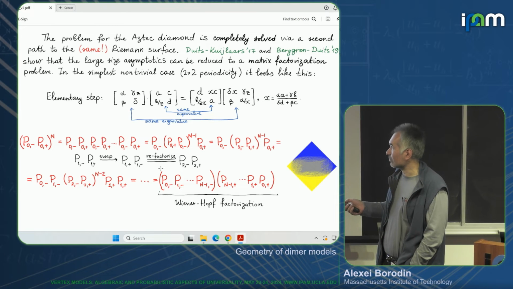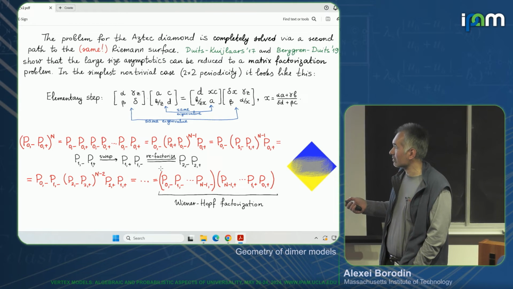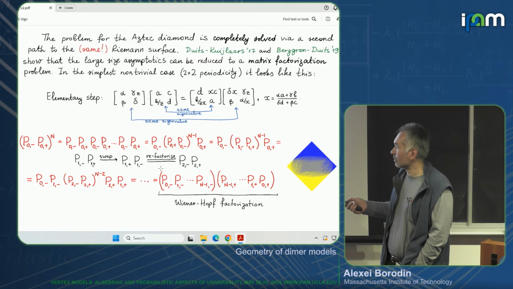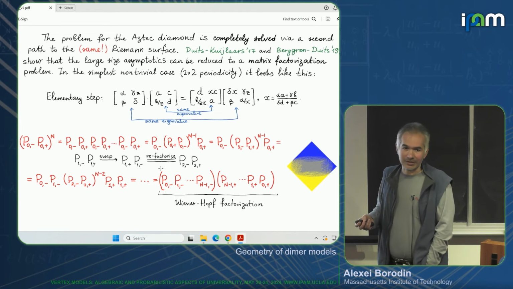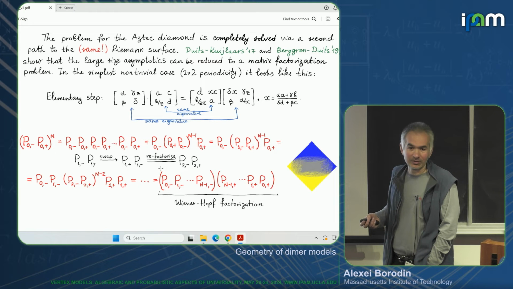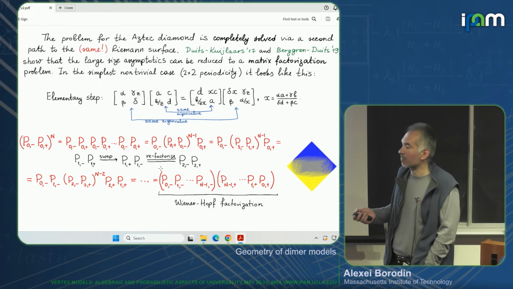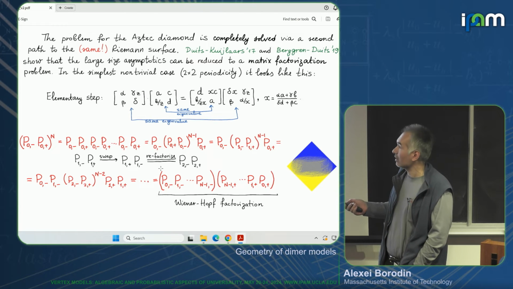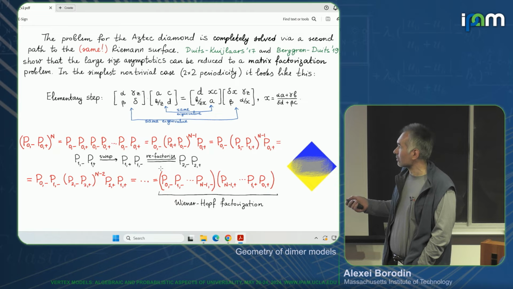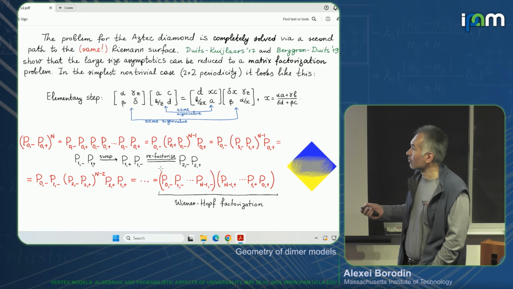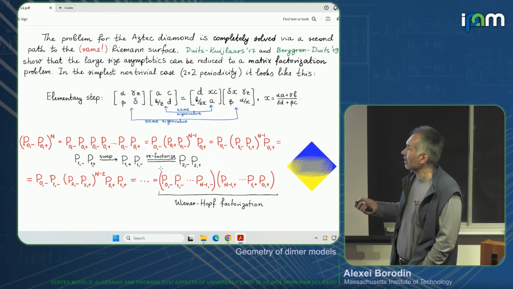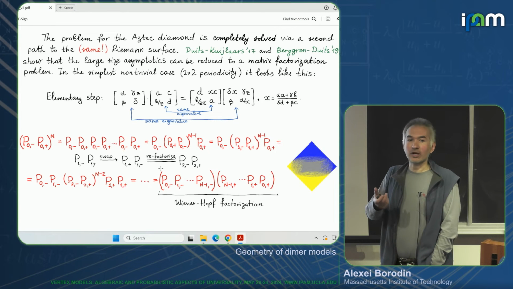So here is an elementary problem. Take two 2x2 matrices. Okay, so here's a 2x2 matrix, here's a 2x2 matrix. There is a complex variable z here and here. So I view this as a matrix polynomial in z. A simple matrix polynomial in z of degree 1, with the highest term having rank 1, and another one in 1 over z. Now I will multiply these two matrices, and what I will want to do, I will want to write this product as a product of two other matrices